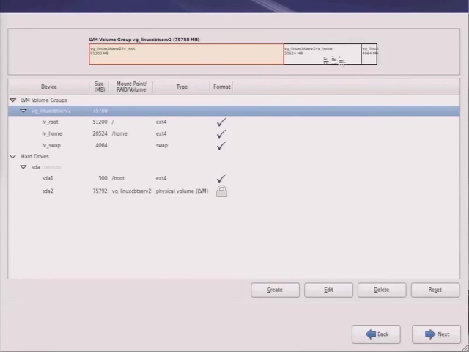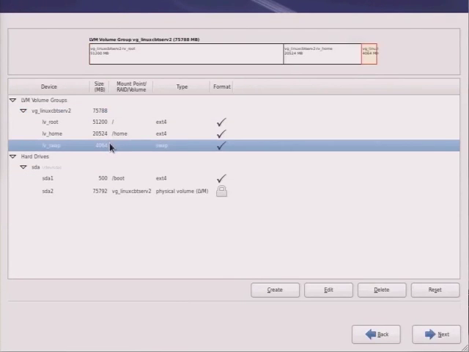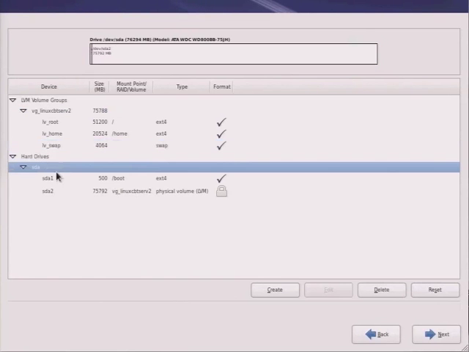We look at the layout, we see that the bulk of it is for volume group LV_root. The remaining space, or the bulk of the remaining space, is for the home partition, and the remaining space is for the boot partition, as well as for swap. So swap's lumped into the volume group as well, VG_Linux CBT serve 2. So looking at it from a hard drive perspective, SDA is the lone drive on the